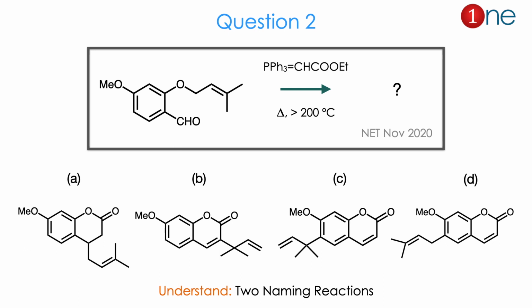So how does the carbonyl close the ring? Here cyclization occurs between the aldehyde and alkene. So how does the cyclization occur? The regioselectivity is important here: how the ring is closed and where the ring is closed. From the ylide reagent, you might guess named reactions are involved, and you definitely have a rearrangement inside. So the question involves two named reactions. The answer is D. Let us see how.